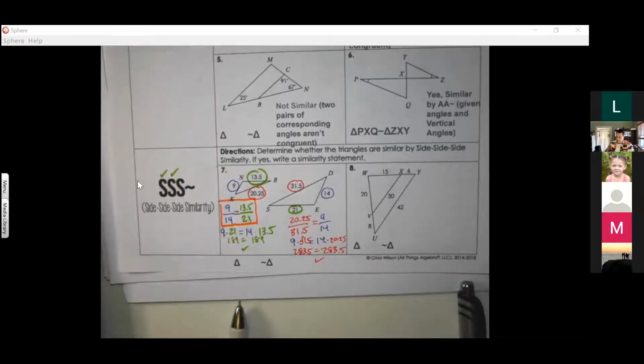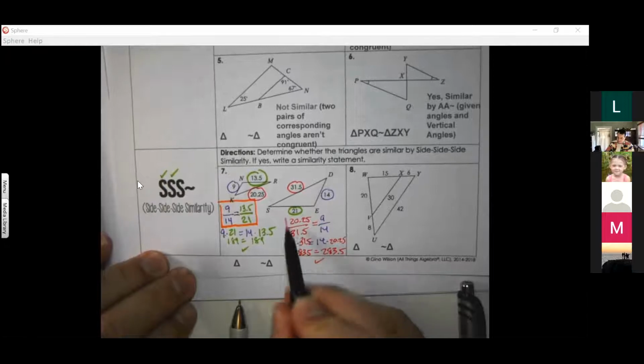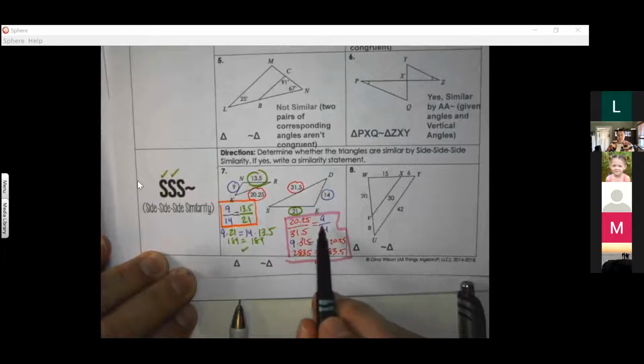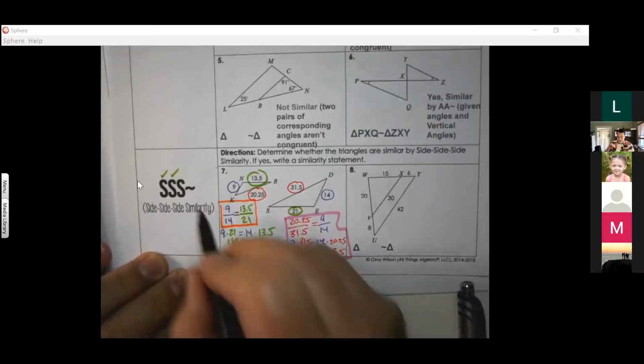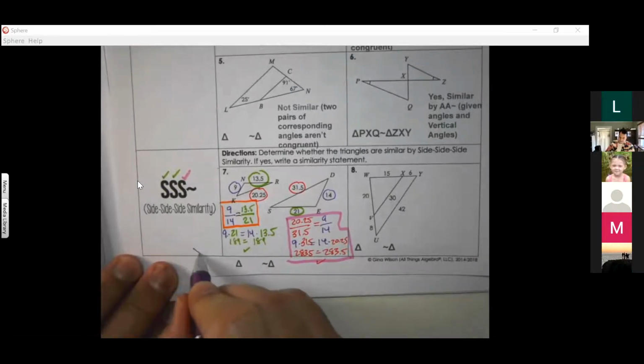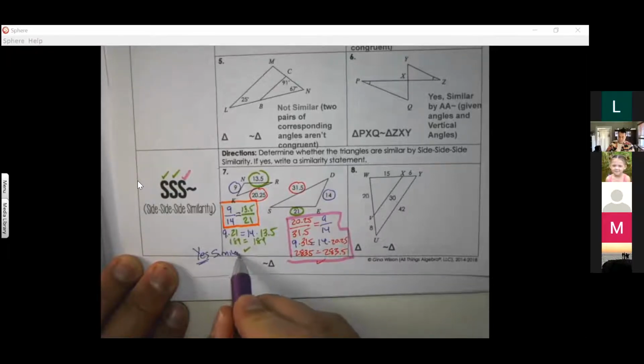So this tells me that this particular piece over here validates that the red side is in the same proportion as the green, as the purple side. And we've already said that's the same as the green. Therefore, that gives me my third S saying that all 3 sides are in the same proportion. The ratios are all equal. As a result, that gives me the ability to write that yes, similar by SSS,